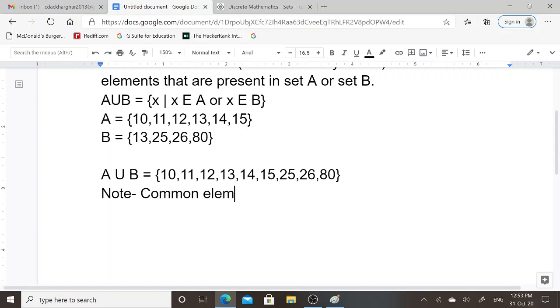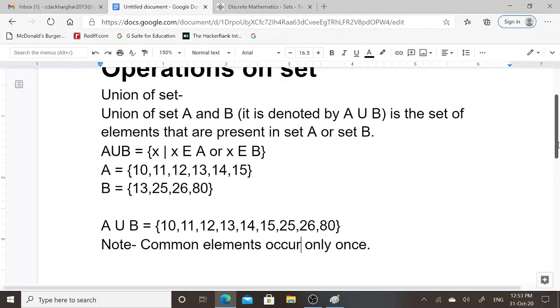Common elements means those elements that are present in both set A and set B. Common elements occur only once. Occurrence of common elements is only once.